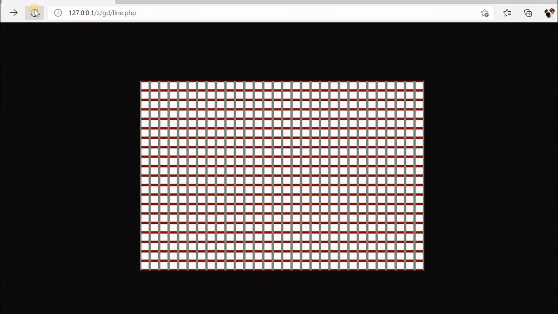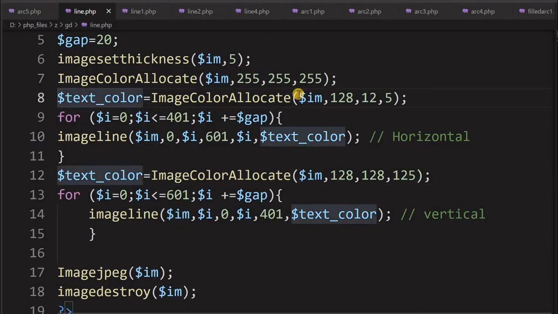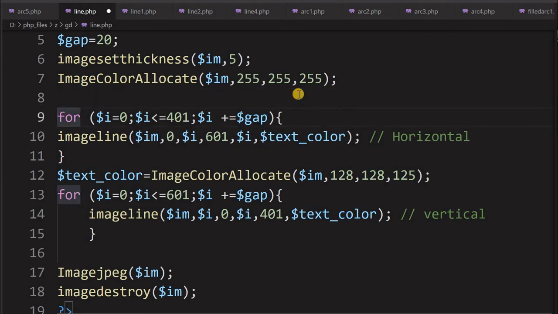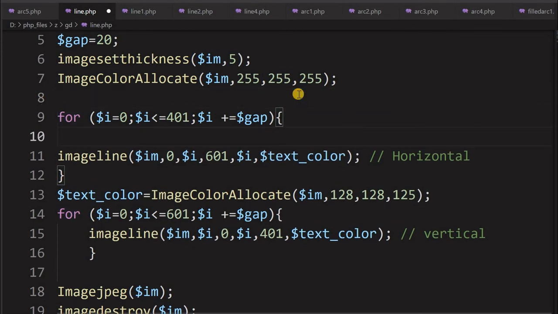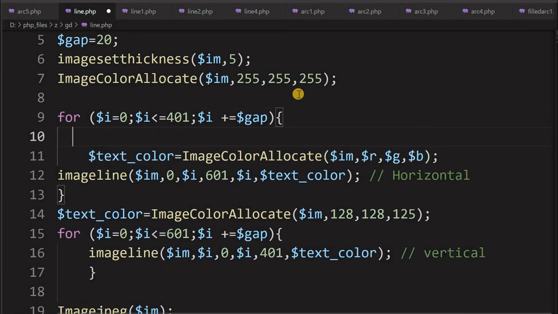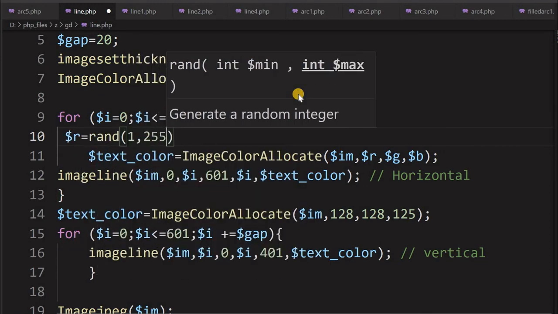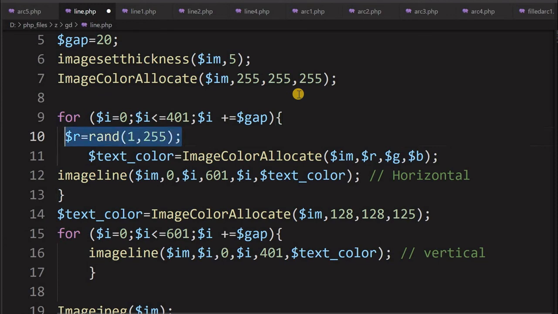Fine. Now let's randomize it. Randomly the color, each line color will change. So for that we will create some random numbers. Now we'll take this inside. I will put it here. Now instead of a direct RGB value, we'll take R variables, we are fitting here G and B, RGB, and these will use the random number generator. So we'll say R equal to rand 1 to 255. So this is the R value.